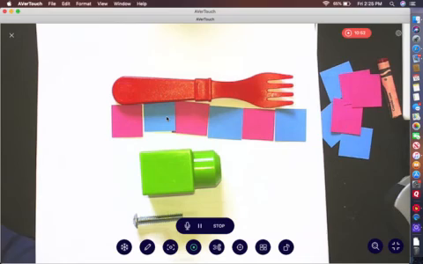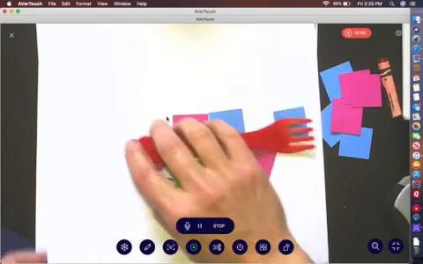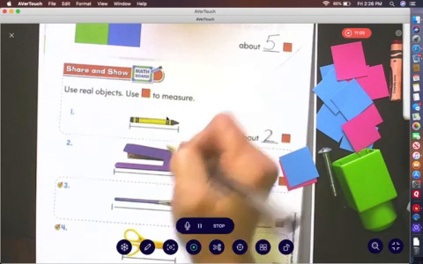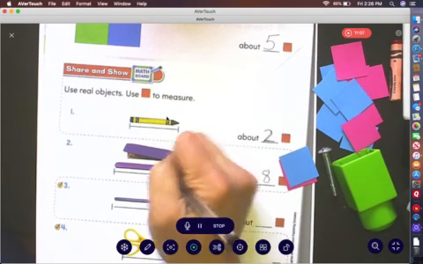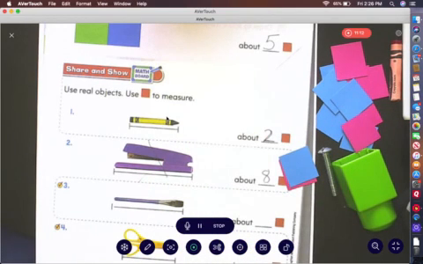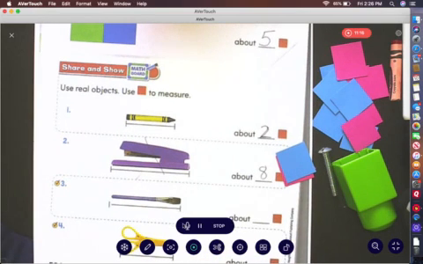So you're just going to have to probably find things around your house that you can use to measure and just do your best. So hopefully your family is around to give you a little bit of help if you run into some trouble. So if you don't have a stapler, you can just put an X on it and then draw a picture of whatever it was that you used. So we're going to stop here and go to the next